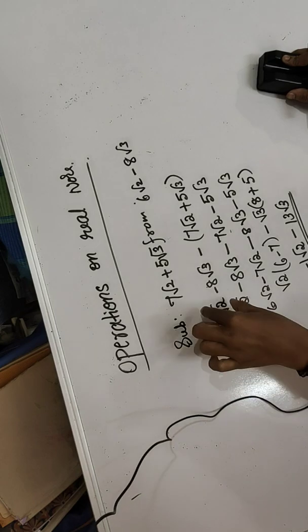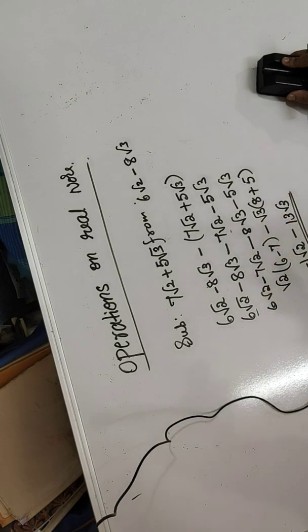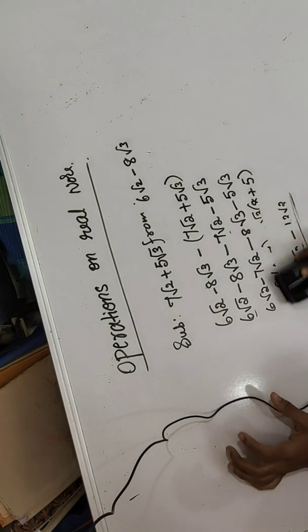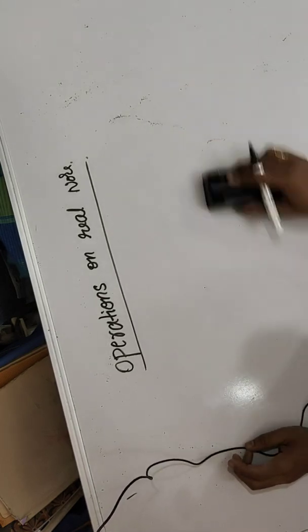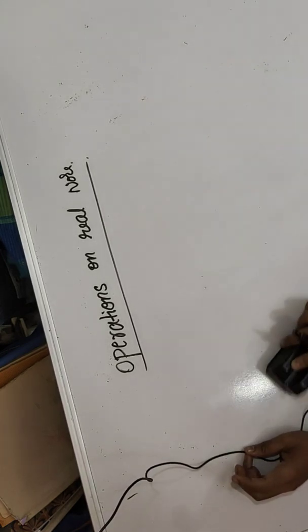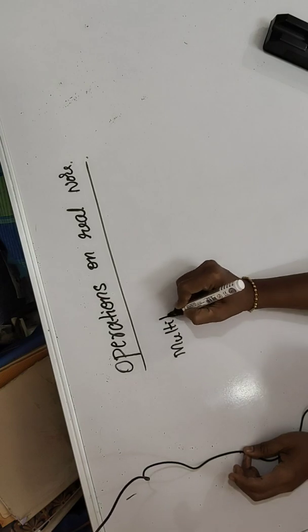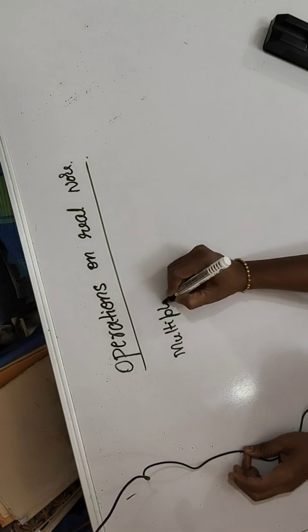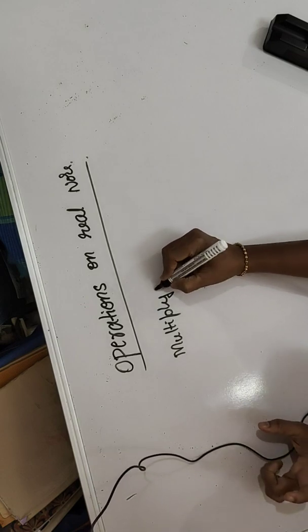Subtraction and addition, this must be same. Root 2 and root 3 you cannot subtract together. Root 2 means root 2 only should be there, otherwise you cannot subtract or add. But in multiplication there is no condition like that, the root must be same, but there is one more condition. Root numbers you must multiply inside the root numbers only, whole numbers you must multiply to the whole numbers only.